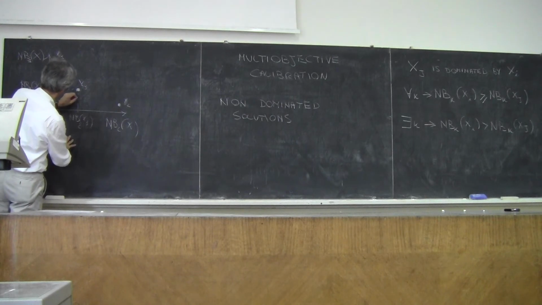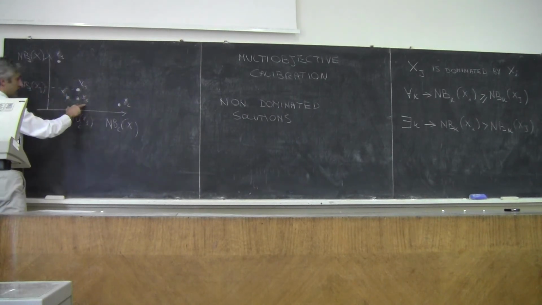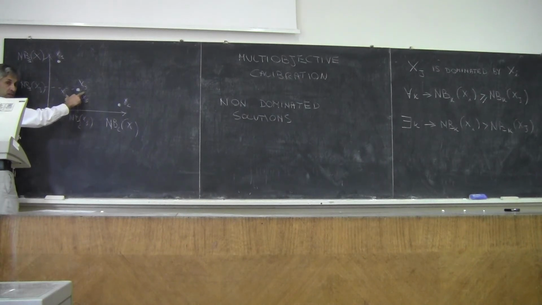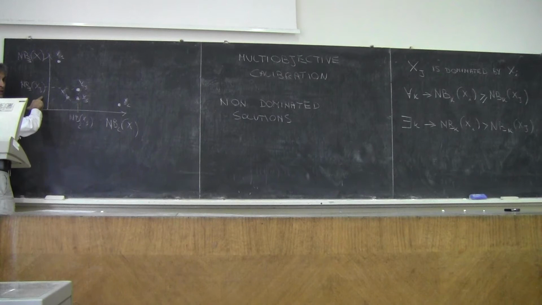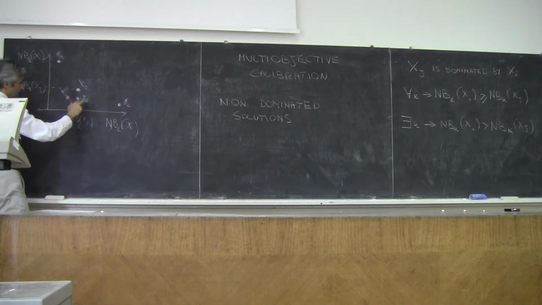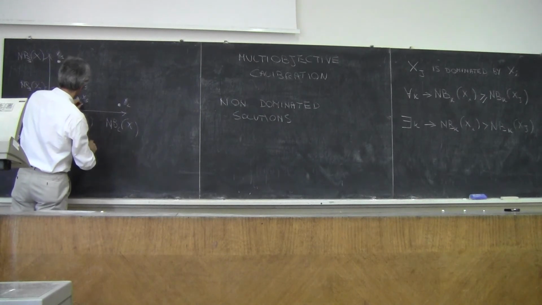If x5 is here, then x5 is still dominated by x3. Still dominated why? Because you have the same value for md2, but you have a lower value for md1. So it's dominated. But if x6 is placed here,